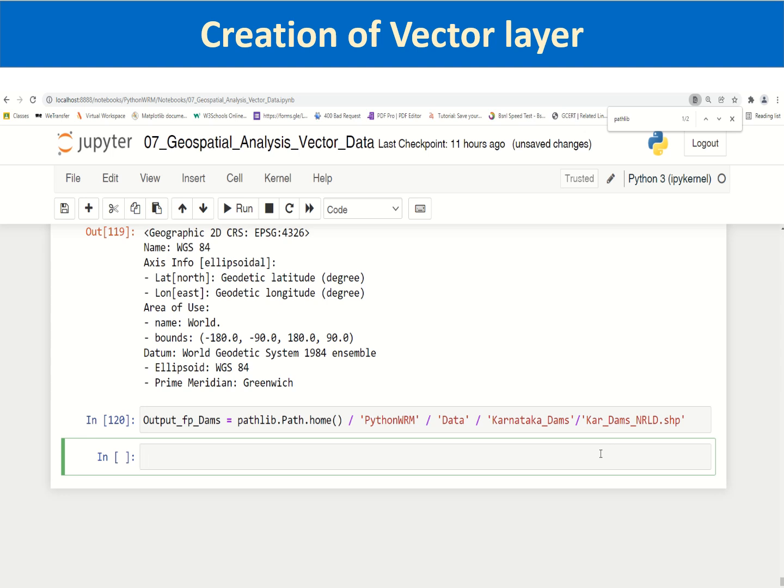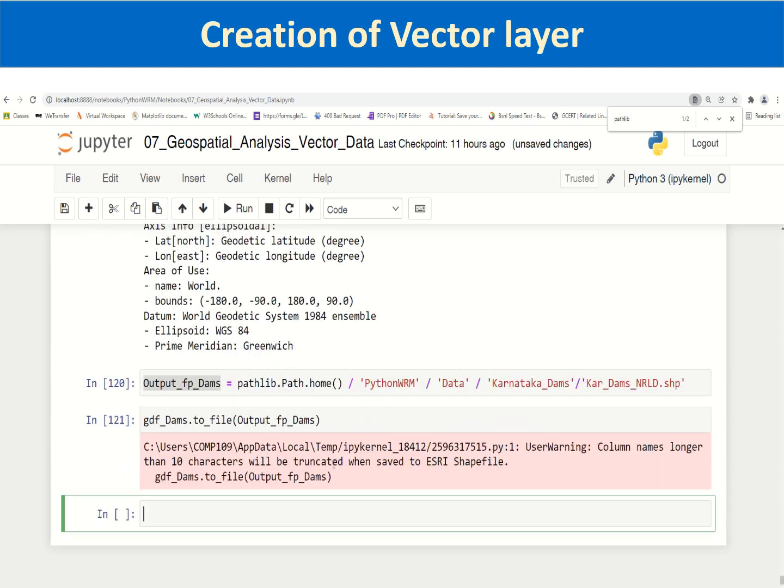Now we have to write the GeoDataFrame gdf_dams to file. Similar to read_file, you have this to_file, which is a function which can write the data into different formats. By default it is shapefile, so you can pass this output path